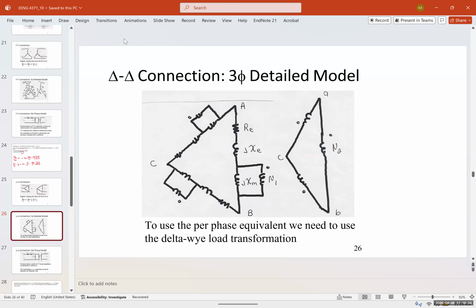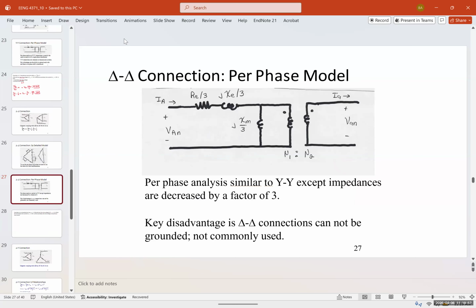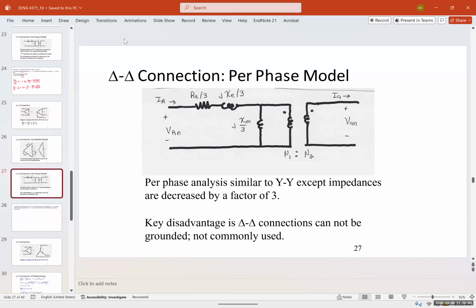Now, the per-phase equivalent for a non-ideal transformer looks like this. Again, we add the different losses in the system, which are copper loss, magnetic loss, flux, and so on. What we get is three phases connected in a delta configuration, the same as a single phase, but now these are connected in delta configurations. Now, if we want to do a per-phase model,